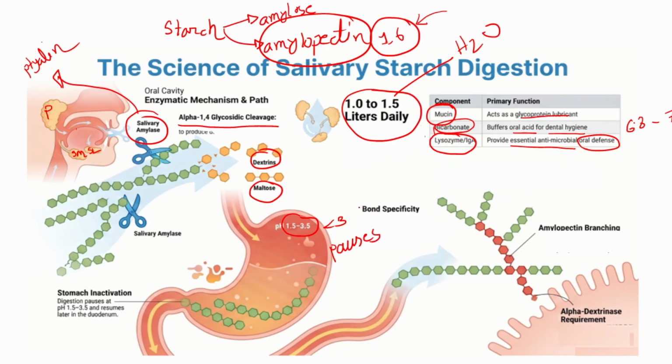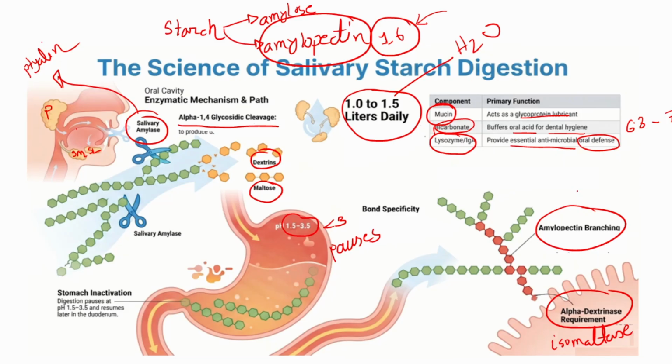The uncleaved alpha-1,6 branch points must travel all the way to the small intestine, where an alpha-dextrinase requirement is established, meaning these specific branch points are only cleaved by enzymes like isomaltase located on the intestinal brush border. Having mapped out this entire physiological journey from the mouth to the initial stages of gastric transit, we